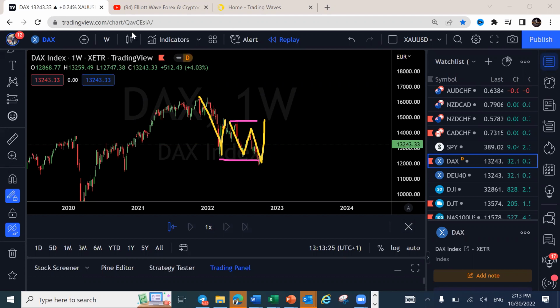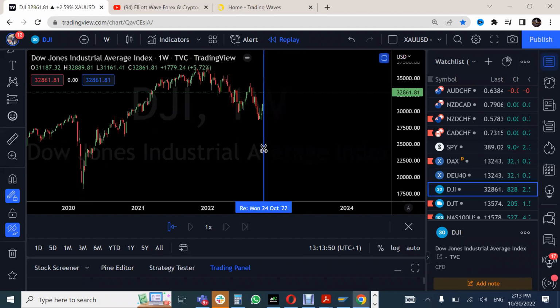Okay, so there will be a regular flat in the purple degree, and there's a possibility for this one to do that, and that will be an ABC corrective structure. All right, so let's watch that for a move around this area. If it goes all the way, we'll address what structure it is. But for now, we can see the next immediate move, at least to 1500, is confirming there. That is the DXY, Dow Jones Industrial, is similar to